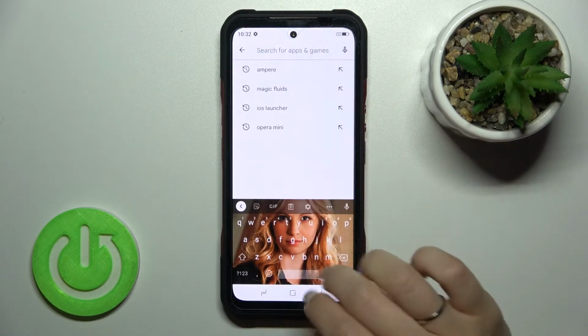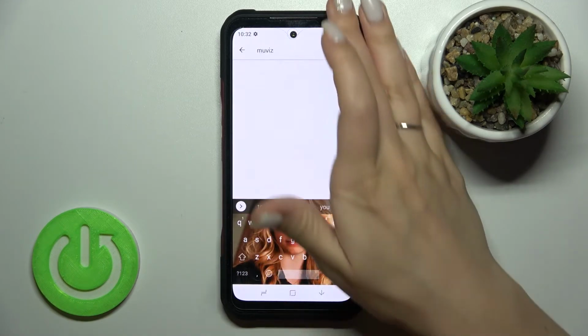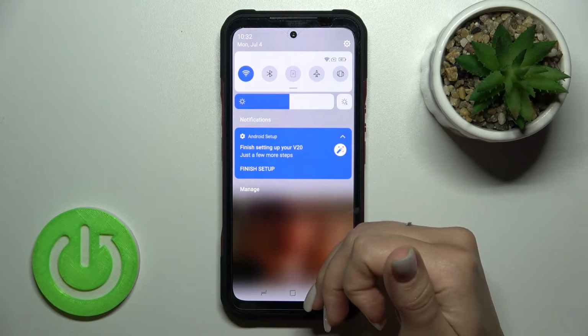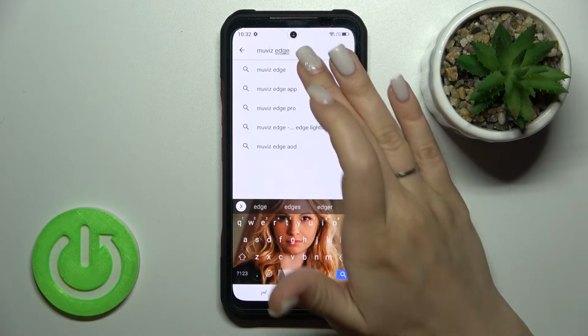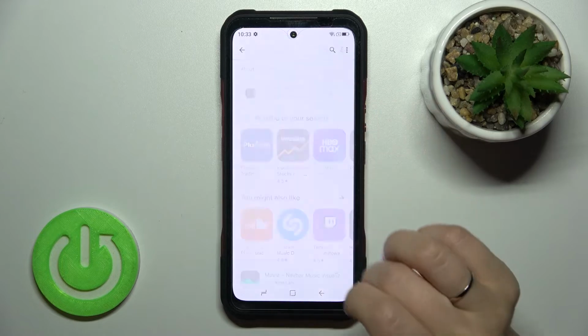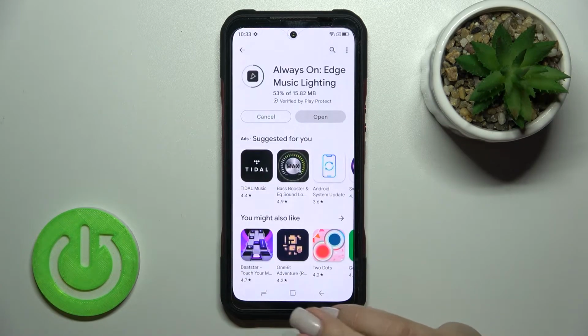And now here in search bar let's enter Movies. Oh sorry, I just forgot to activate Wi-Fi. Movies Edge. And now we should get this application. That's why tap to install and wait a couple of seconds while this application is downloading and then installing on your